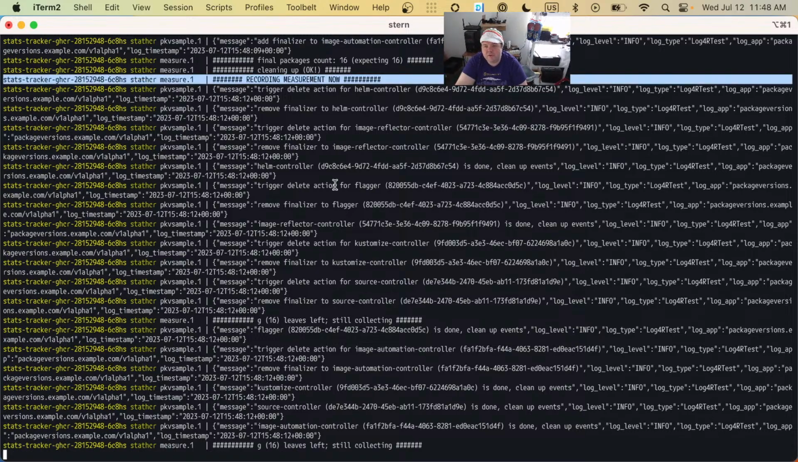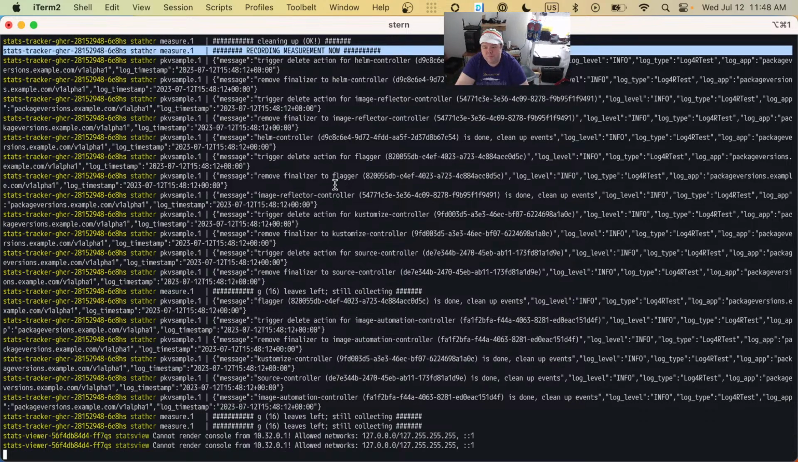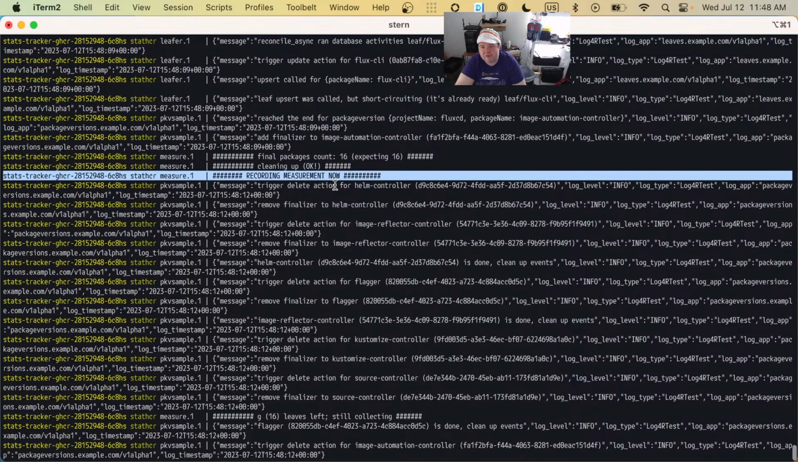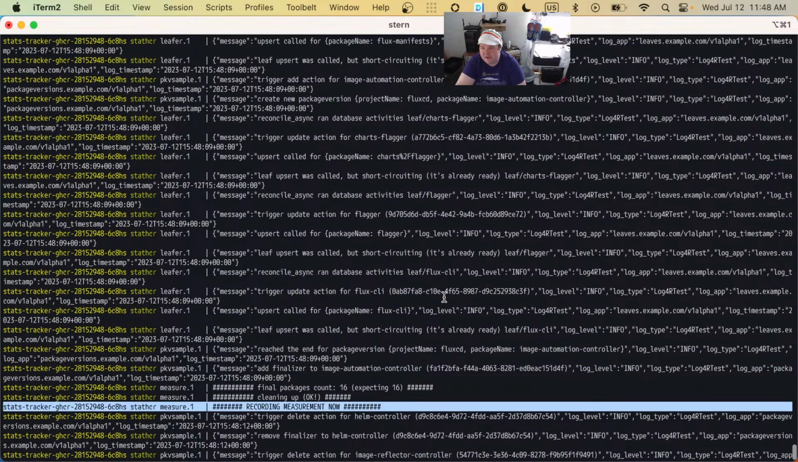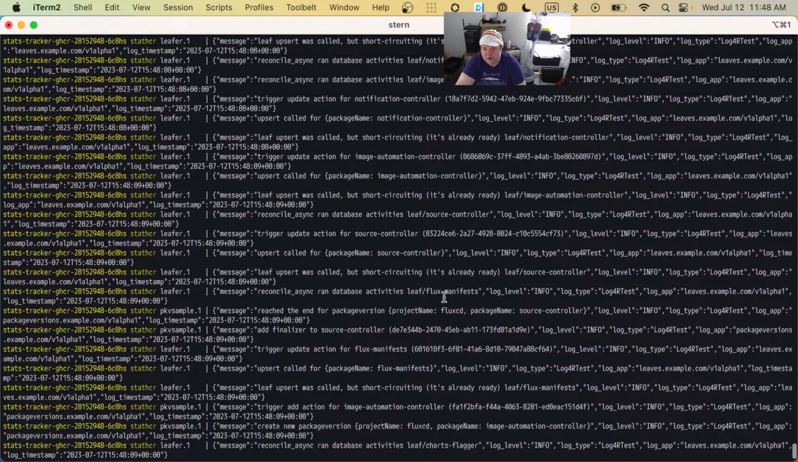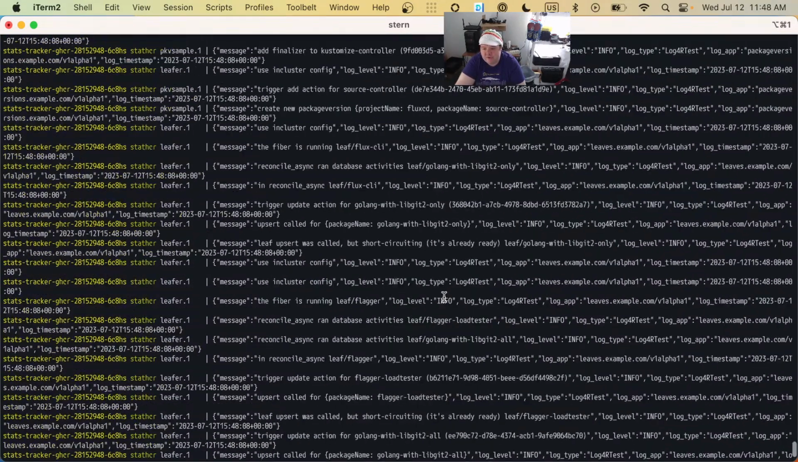So that's the good news there. That's what we're hoping the controller does every cycle. It gets to the point where all 16 packages are ready. And how does a package become ready? First,